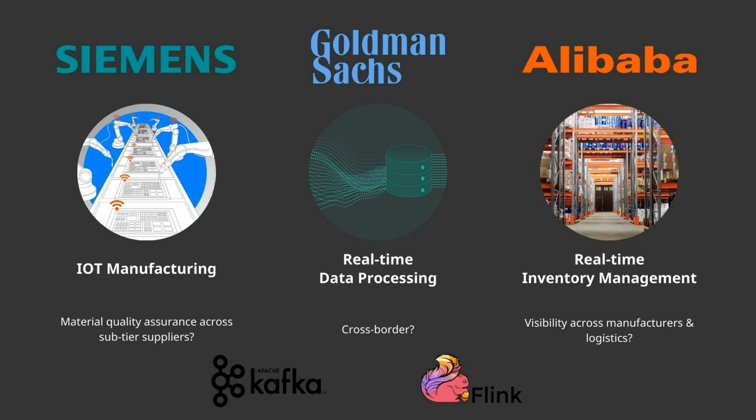Now, these organizations already use centralized solutions like Apache Kafka and Apache Flink. These already work well. However, issues occur when enterprises need to handle data in untrusted environments. Untrusted environments mean they handle data with organizations outside of their own. So for example, material quality assurance,